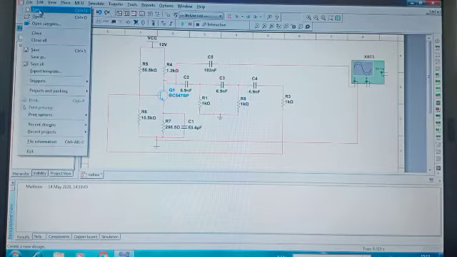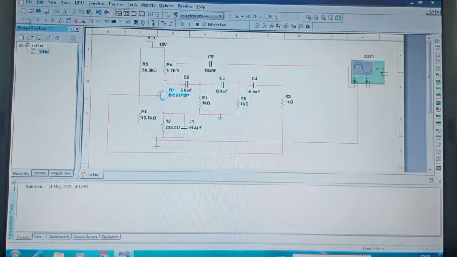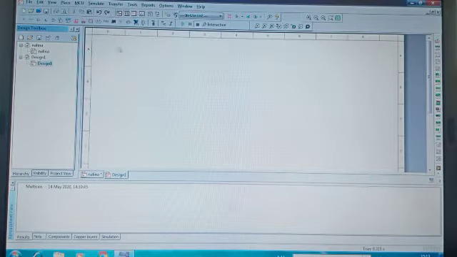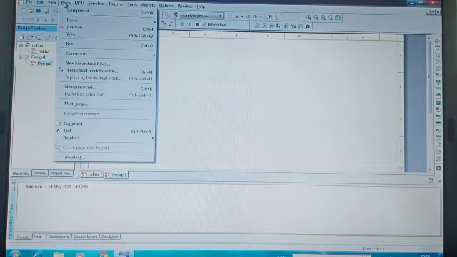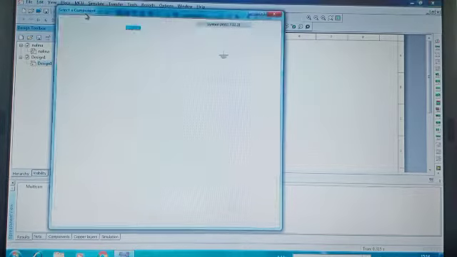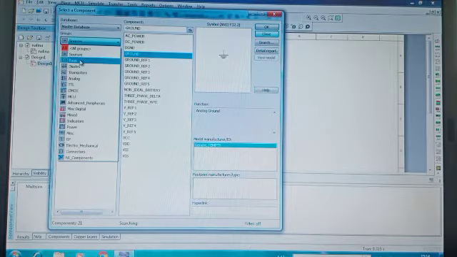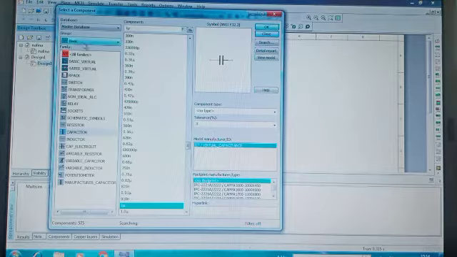So go to file, and choose a new file. A new file will be created like this. First we shall start placing the components. As per the design we need a transistor, resistors and capacitors, along with the oscilloscope in order to see the output. First we'll place all the components. Go to basics, and here we have capacitors, inductors, whatever we want. We shall take the resistors.